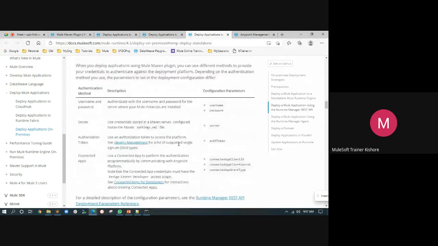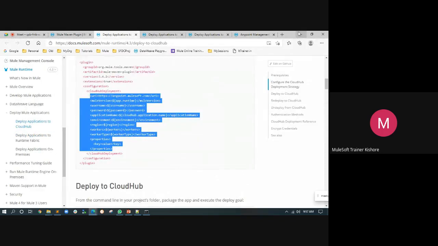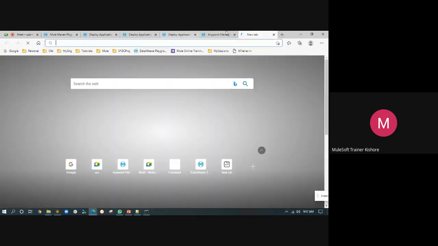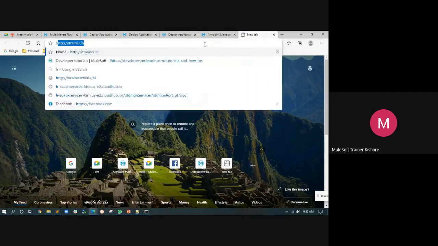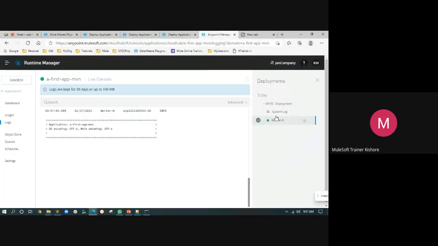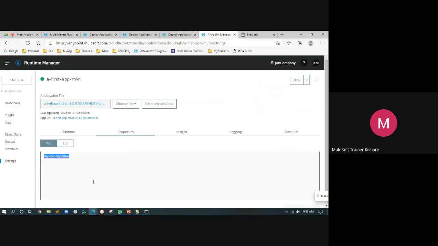Okay, this is how you should use Mule Maven plugin to deploy your application into your required things. So now my application is deployed. Let me go and test this. I'm not sure what were the details. So go to settings, and we have provided a runtime property. See here, my key, my value.